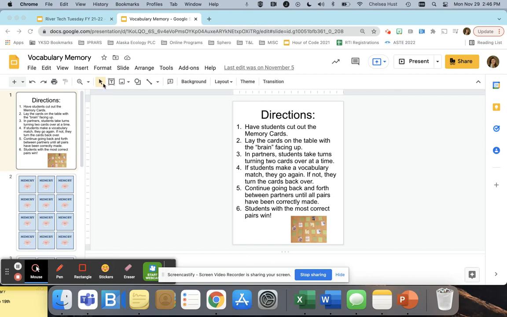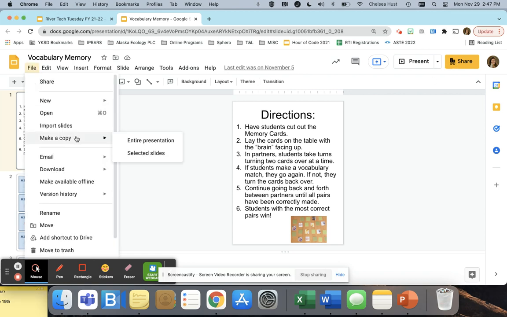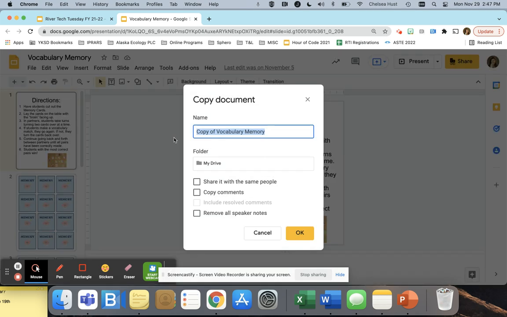Right, so this template right here is the vocabulary memory. First thing that you're going to do is go to File, and you will make a copy of the entire presentation. And then once you do that, you'll name it what you'd like. So if you're going to use this for lots of different vocabulary words, maybe I'll say tundra vocabulary memory, because maybe that's the topic of these,